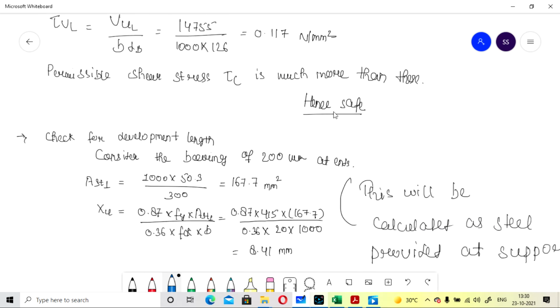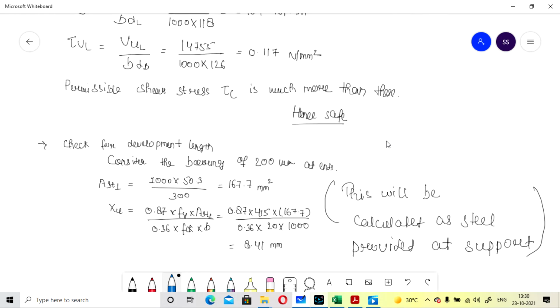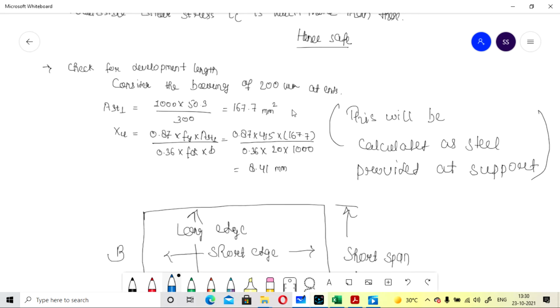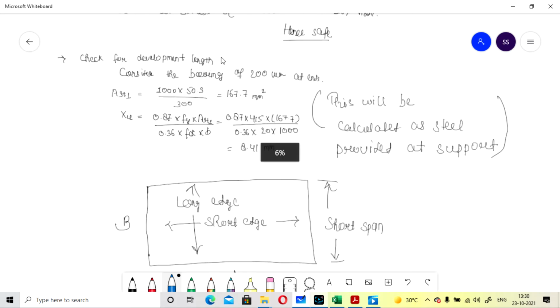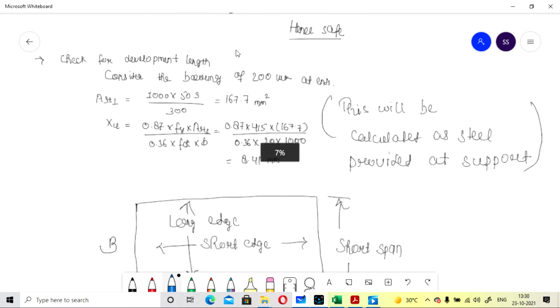So after the calculation of slab in shear, you can also go for the development length check. For the development length check, we have to consider the bearing width, that is the beam or wall width that we have considered as 200 mm in our previous part.